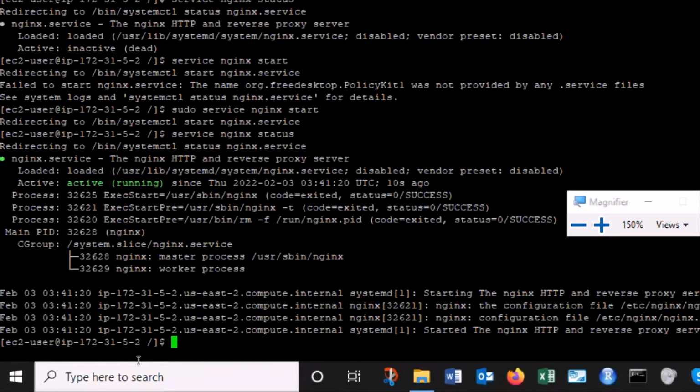So far, I have introduced you to a couple of commands, service nginx start, service nginx status. So Nginx is running, service nginx start starts the Nginx. So now the Nginx is up and running. Now I need to know what configuration file this Nginx is using. There is a command,